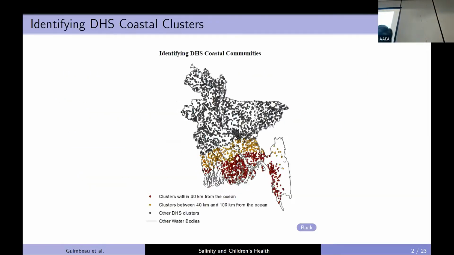Now here's the issue, right? We divide our model into different sections. The red is what we define as the vulnerable communities, which we suspect are going to be the most impacted, followed by the yellow, and then followed by the green. So we would expect differential impacts. If the salt is coming from the ocean, we would expect that the people living right next to the ocean to be the most impacted. So we have a spatial spillover model where we're trying to detect whether these people are more impacted and these people are less impacted.